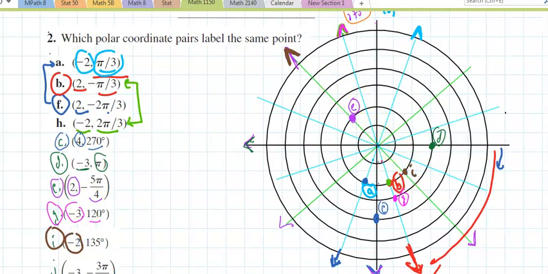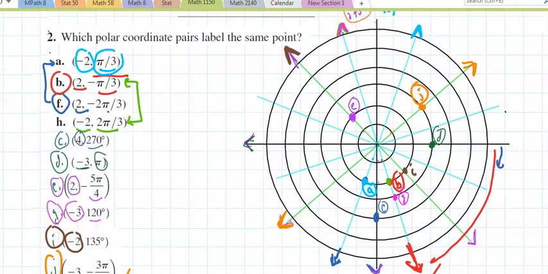And if I look at J, I'm going to rotate to negative 3 pi over 4. Negative 3 pi over 4 is right there. Since r is negative, I'm going to point in the opposite direction and move r away from the angle 1, 2, 3 units. Even though this is only plotting points, this turns out to be the most important aspect for